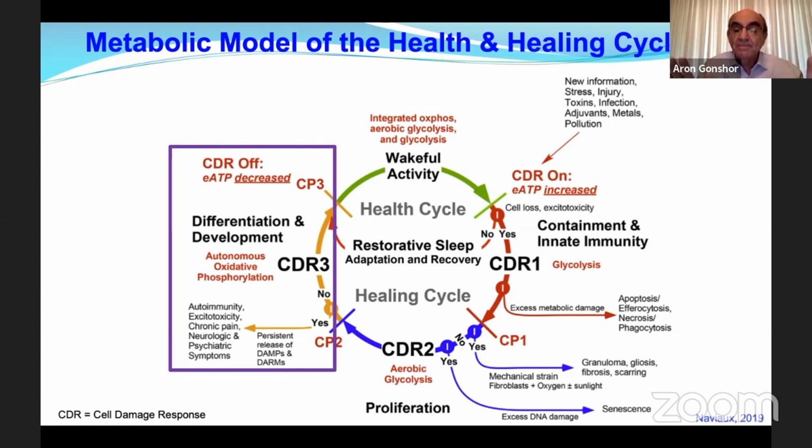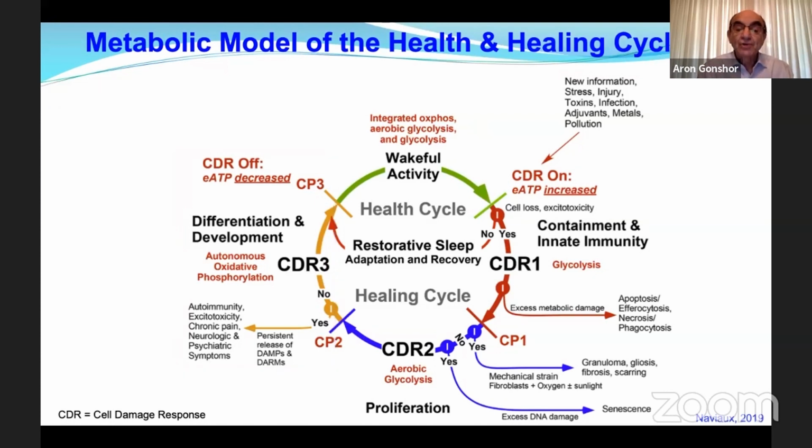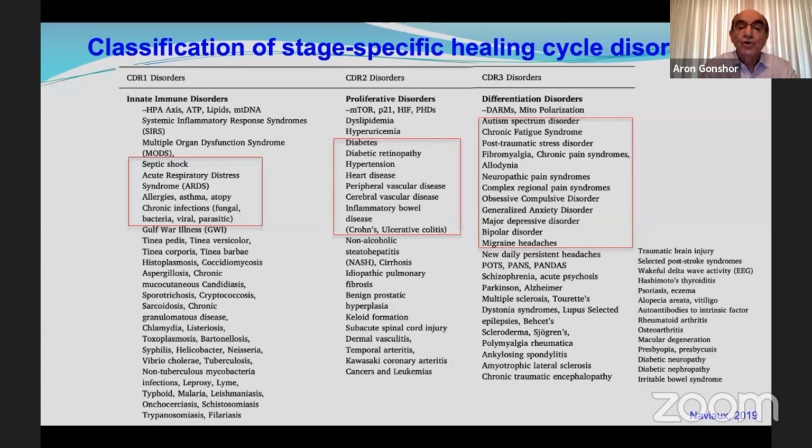Now they're saying, let me get back to normal function. I want to communicate with other cells again. I want to have those connections. And that will happen when it returns the mitochondria back to its anti-inflammatory phenotype, meaning the type of mitochondria which we normally utilize. If all of that works well, you now get back to the health cycle. But what happens if it doesn't work? Well, if it doesn't work, you get all of these different diseases, which I've put on this presentation,